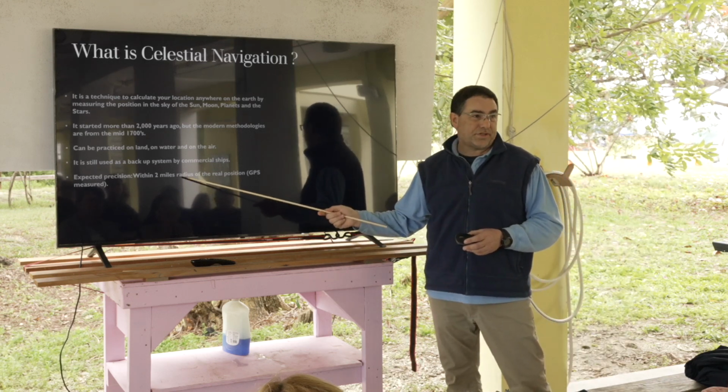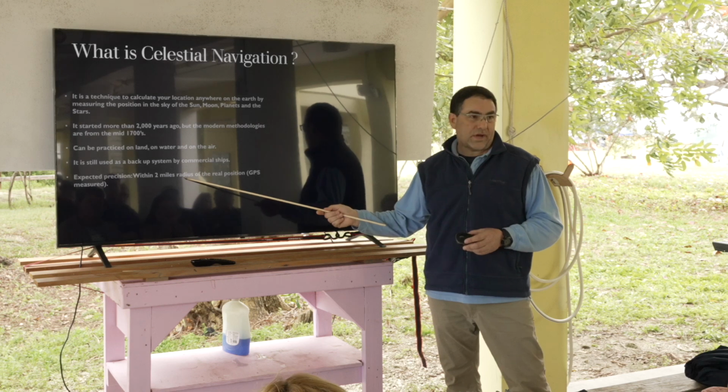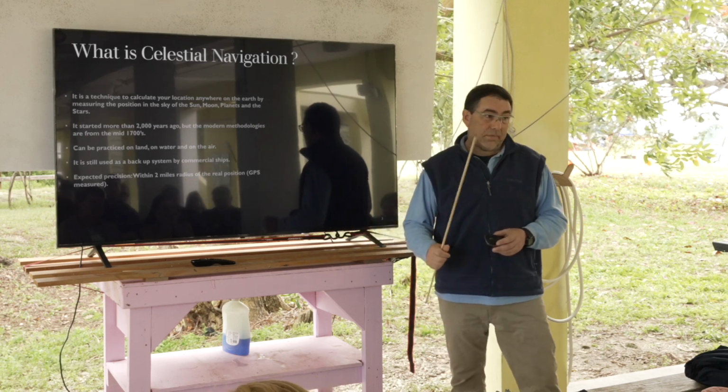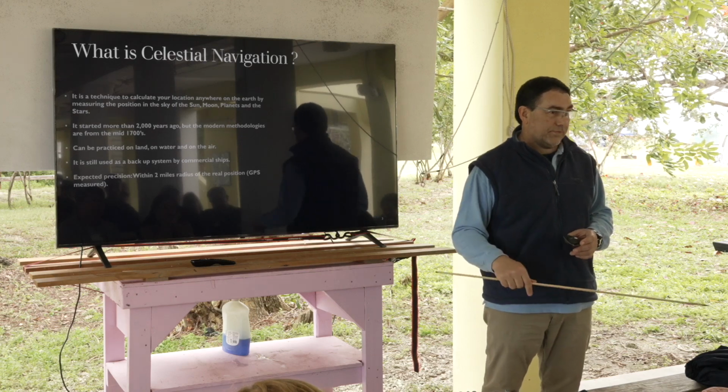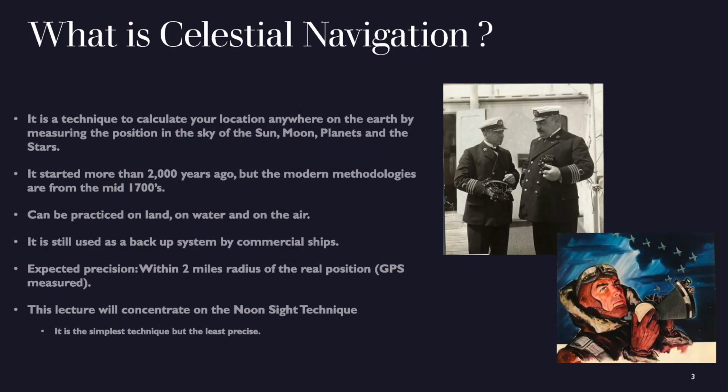So what is the expected precision of this? It's like a 2 miles radius. If everything goes well, in practice it should be 2 miles radius from where you are. Sometimes it's less. Sometimes you can do it with 1 mile, sometimes 3 or 4, depending on the day, depending on the